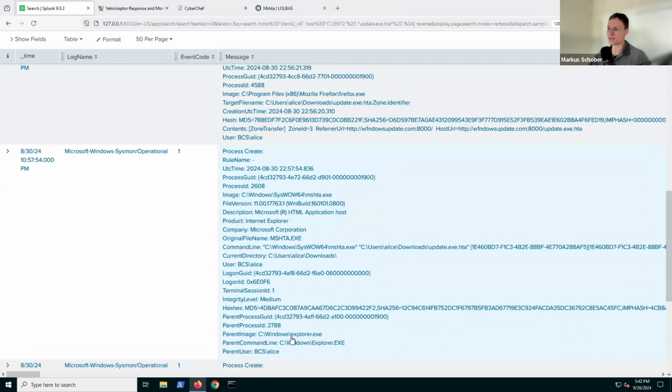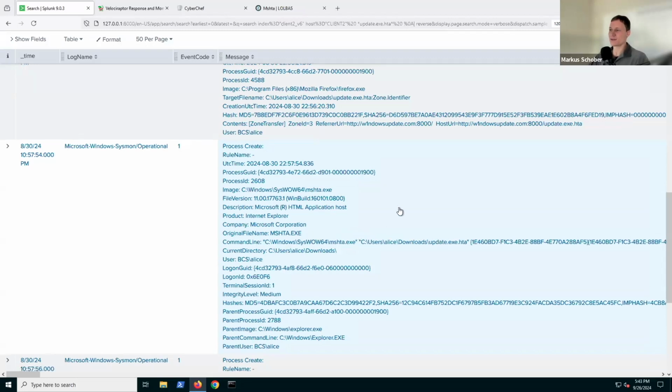Explorer.exe. So if you have Explorer.exe as a parent, that means the user was logged on, opened a Windows Explorer, and double-clicked on the update.exe.hta. And that just executed using the mshta.exe file. So that's a living-off-the-land binary, basically part of Windows that can help to execute